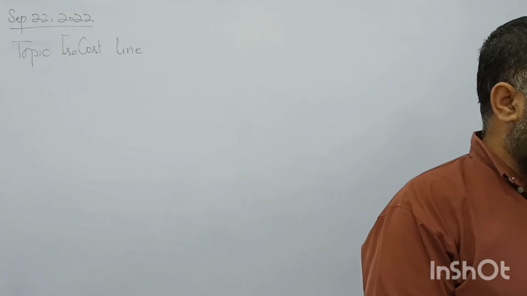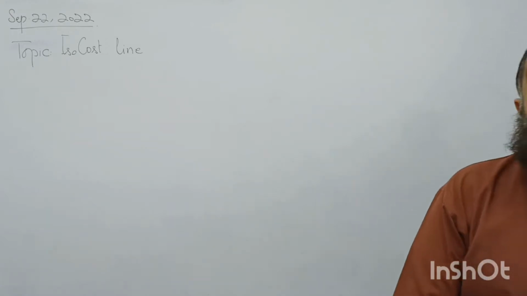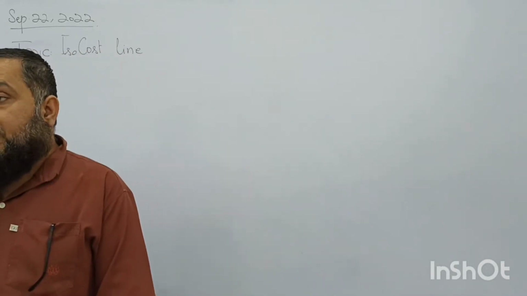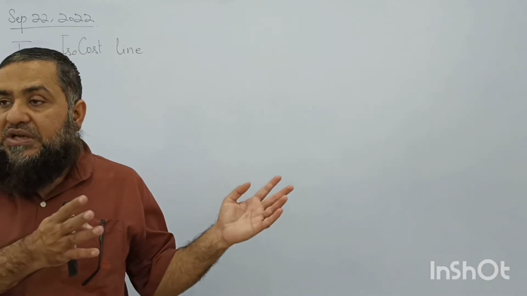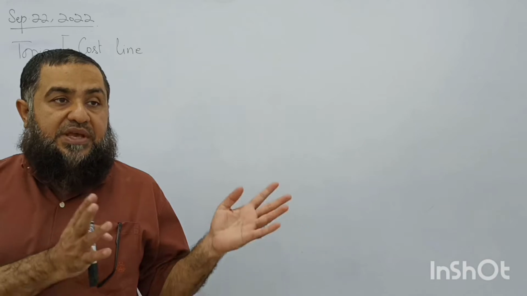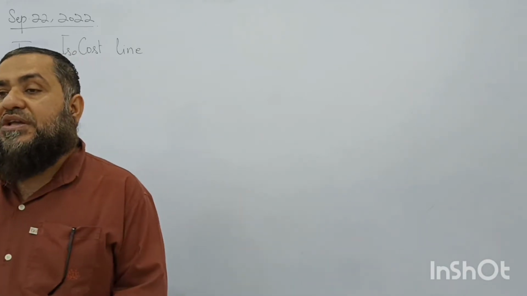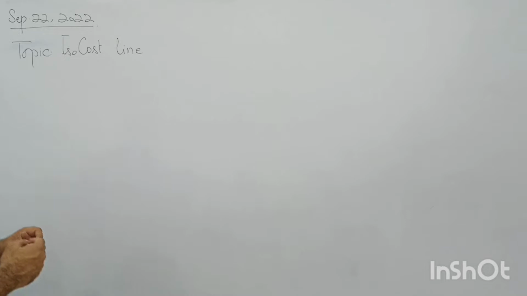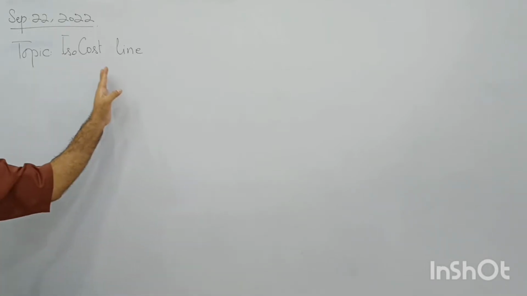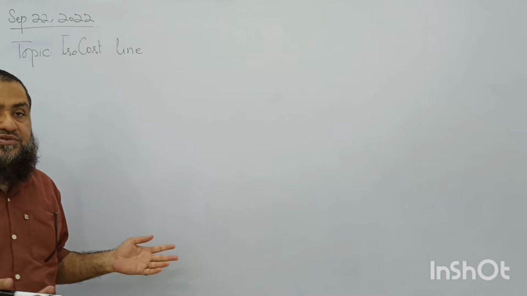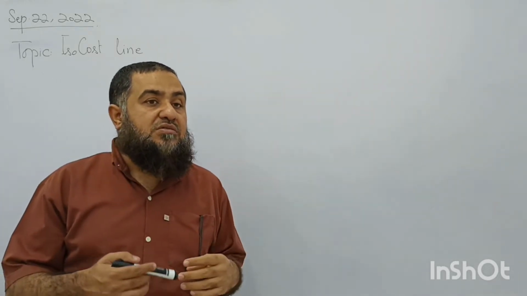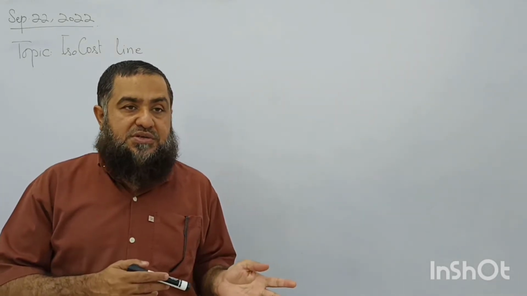So how is the producer going to incur the expenditure? The number of workers he is going to employ in the production of that level of output, and the number of capital units he is going to employ. In case of workers, he has to bear the wage bill, and in case of capital, he has to bear the interest to be paid to the lender of that capital. Clear? So iso means what? Equal. Cost means expenditure on the production of goods, or expenditure on the inputs which are going to be employed by the producer.